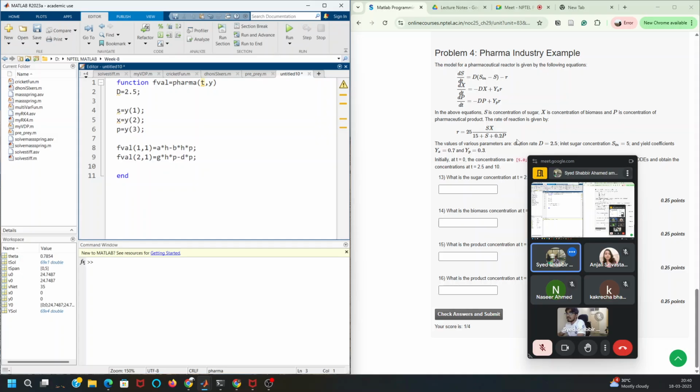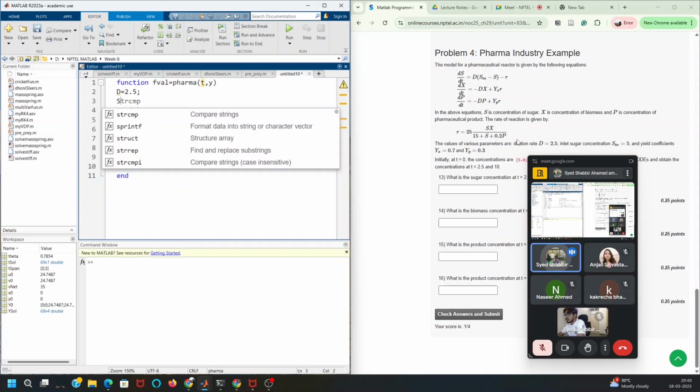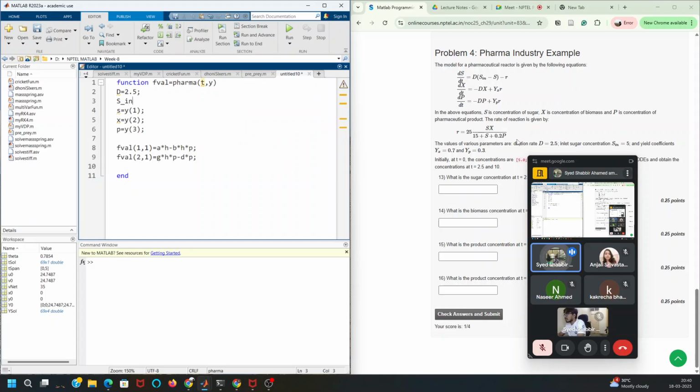And what is the value of inlet sugar concentration? S in is nothing but 5. And we have YX, so I'll define YX as 0.7, the yield coefficient, and YP as 0.3. I don't care what this problem is. I just have this differential equation, and I just have to solve it. And there is R,